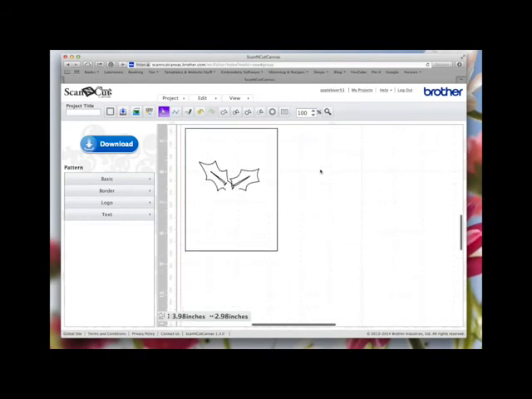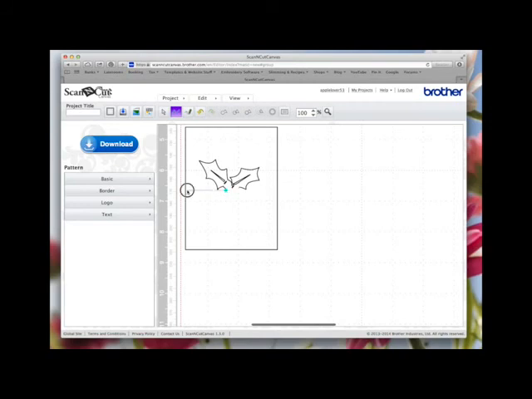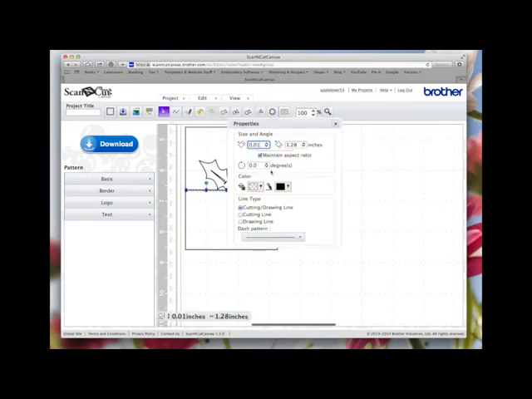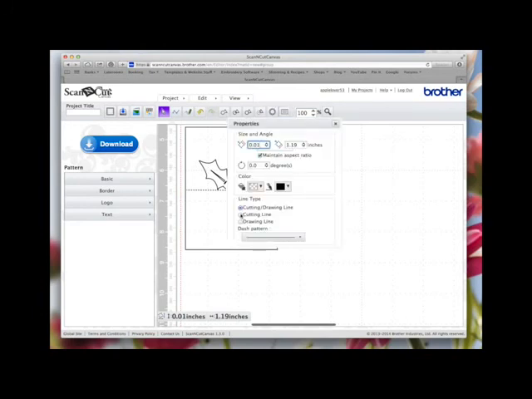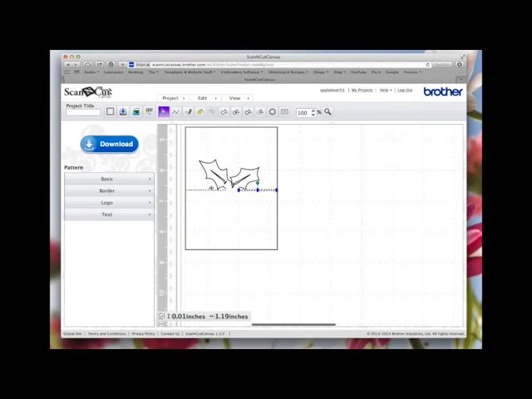So I'm going to come down a little bit so it's in view, come to the path icon. I always like to start from the middle outwards, I just find it easier. This bit of holly looks as though it comes slightly lower than here, so I'm going to click just under this edge, hold my shift key down, drag my line out, double click, that also selects it, go to the properties box, make it a cut line but also make it a dash line, close the box down, come back to the path icon, do the same here, left click, hold the shift key down, double click to select it, go to the properties box, make it a cut line, make it a dash line. Now what you might want to do, because this is not definitely directly through the middle,